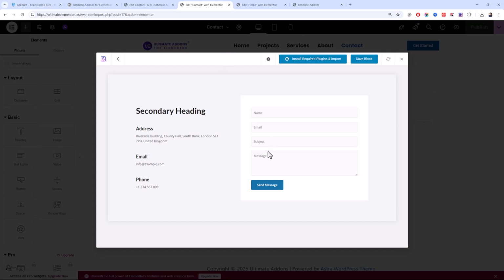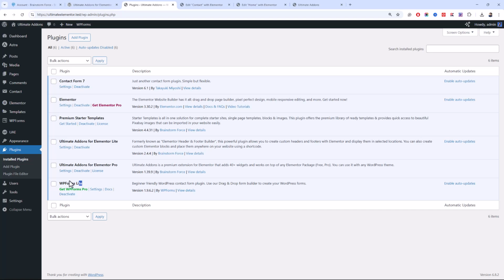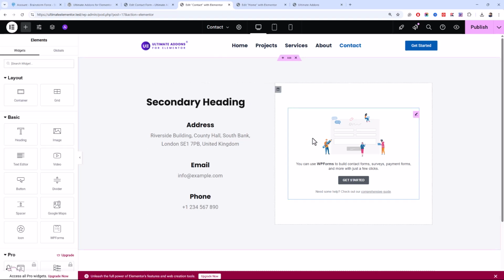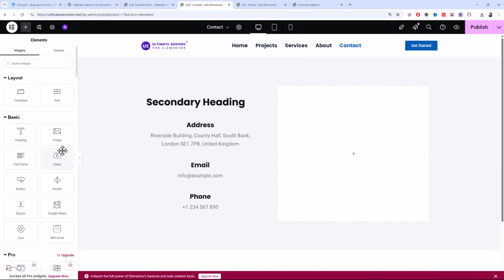They probably have used the WP Forms plugin. You see, it has installed WP Forms, right? But we'll go with Contact Form 7. Okay, I'll just delete this one.